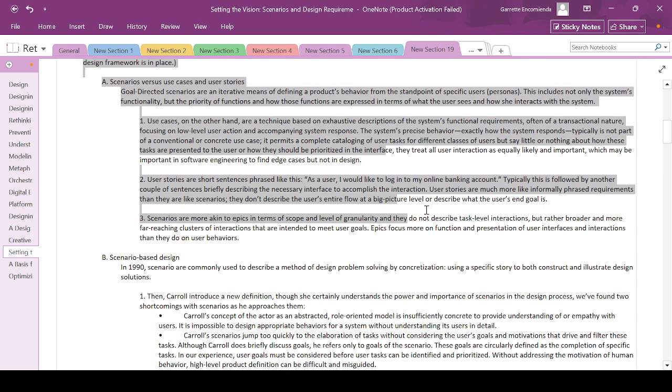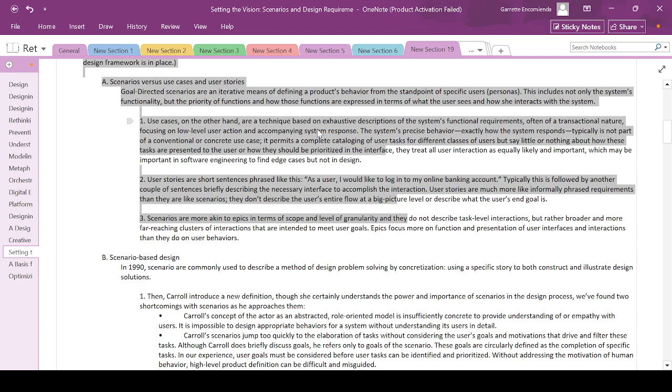So for developing personas, scenarios to create the requirements, we actually get that from the persona. But while getting that, it includes not only the system-wide functionality, but the order of those functions and how those functions are expressed in terms of what the user sees and how she interacts with the system. So how those functions in the back end are provided as a representation model that is close to the user mental model. Use cases, on the other hand,